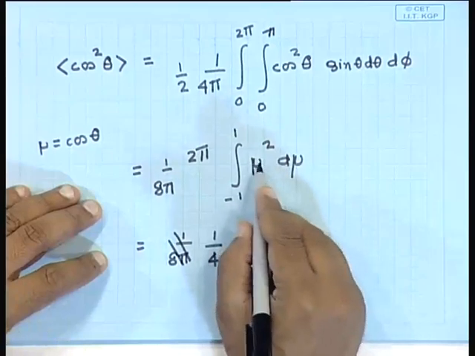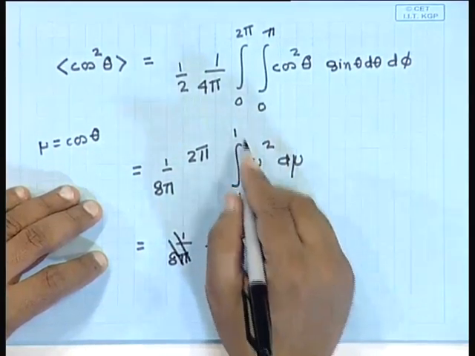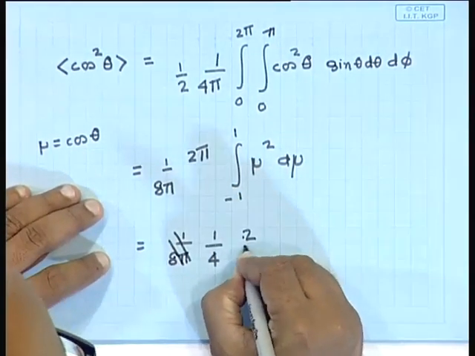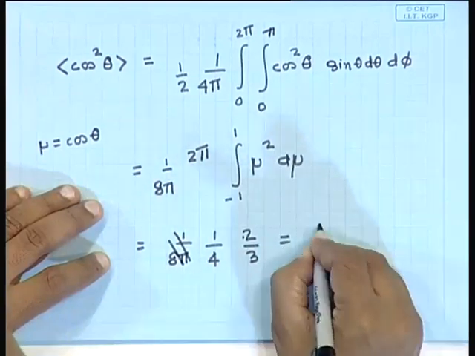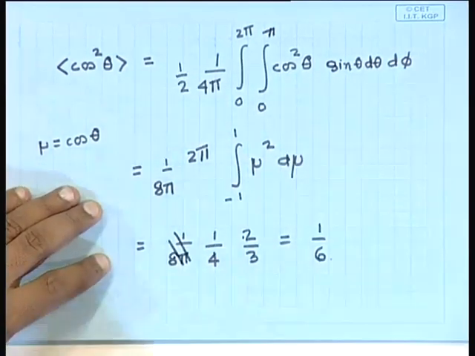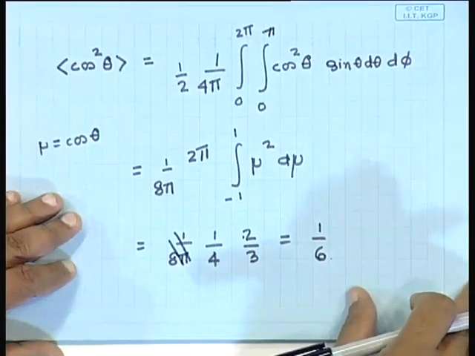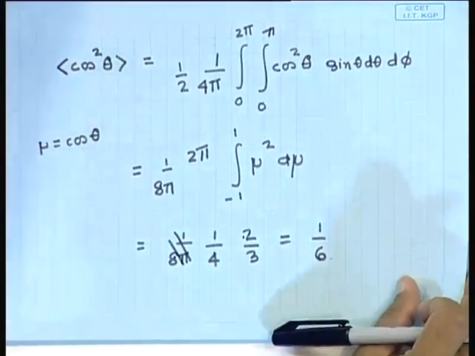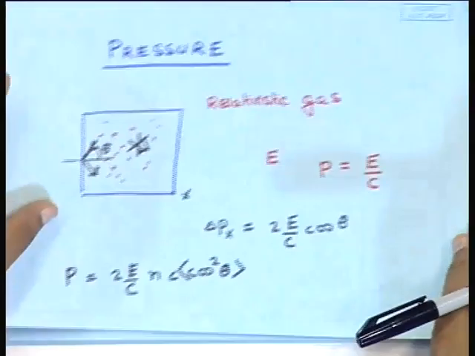If I integrate this, I will get 1/3 and the limits will give me 2. So, this will give me 2 by 3. Finally, I have 1 by 6. So, the average value of cos square theta is 1 by 6. So, substituting that in my expression,